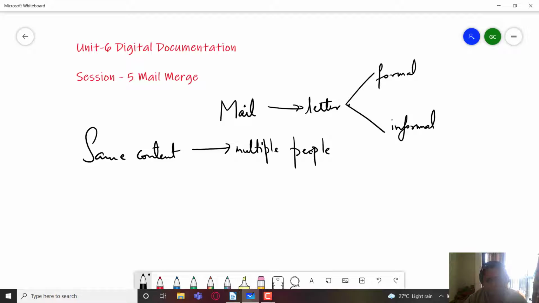You might be applying to 10 different companies. So what are you going to do? In that case, you will have to sit and type the letter 10 times or copy and paste its content 10 times. Instead of doing that, we have a very interesting feature in any word processing software known as mail merge,